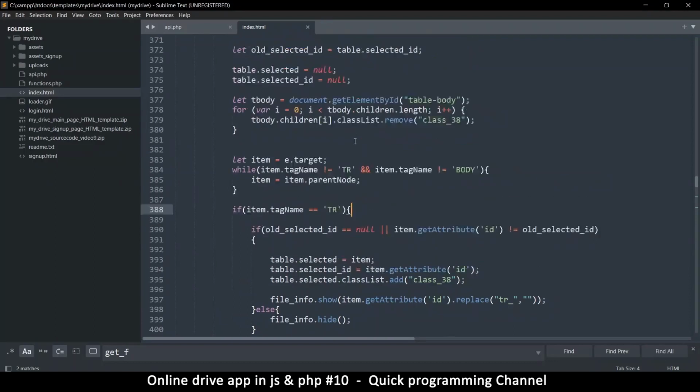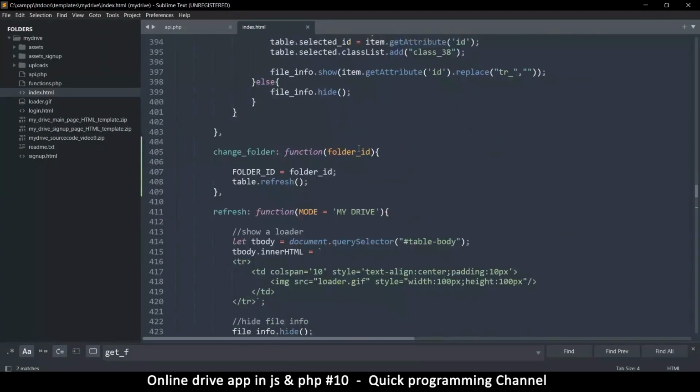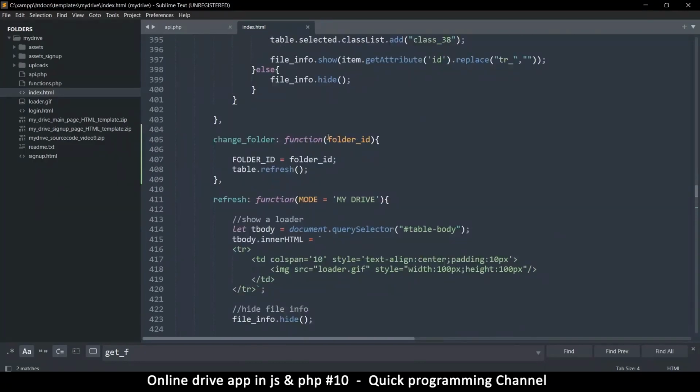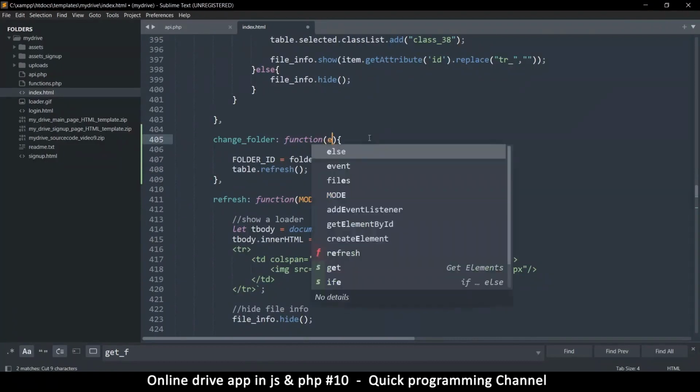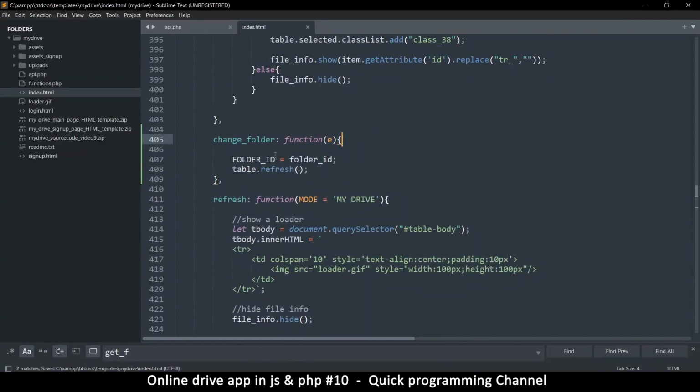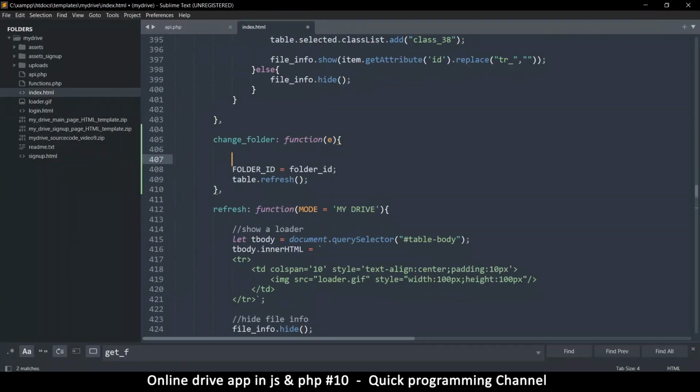Item e.target, select e. Okay, let's grab the e here instead. So I'm gonna do this. We'll send an event instead. Then we can grab the folder ID from there, no problem. So I'm gonna say